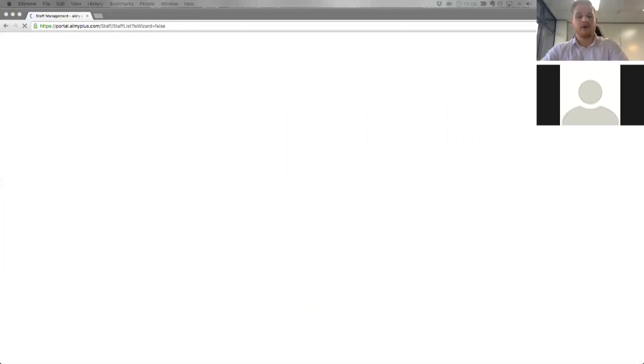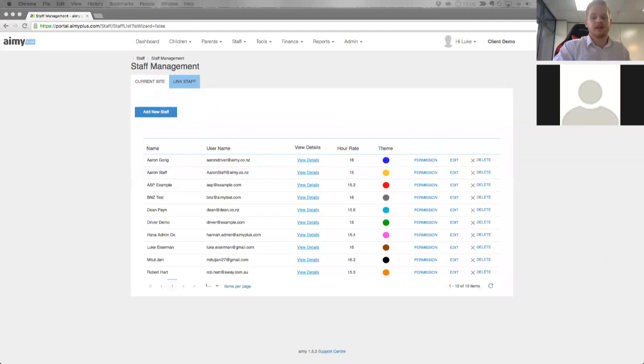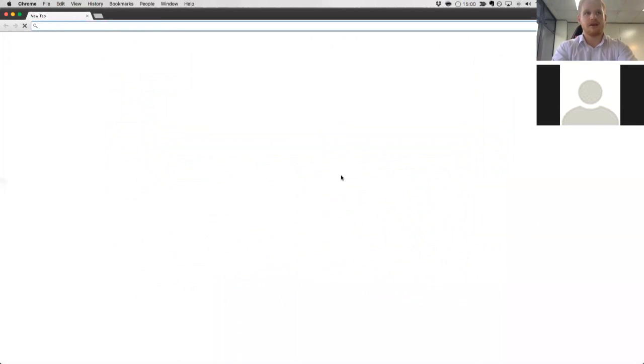All right, so that's the impersonate and the network search. The next feature that we'll display is unlocking parents or staff. So this is a feature that isn't widely known in the system, but for security reasons, if a parent or a staff member tries to log into Aimy Plus and does it incorrectly too many times, we actually do lock them out of their profile, just to stop people from having an infinite number of guesses to guess a password. So if I open up a new tab here,